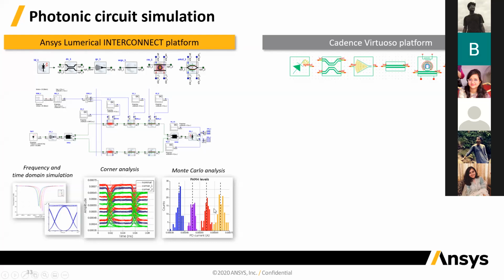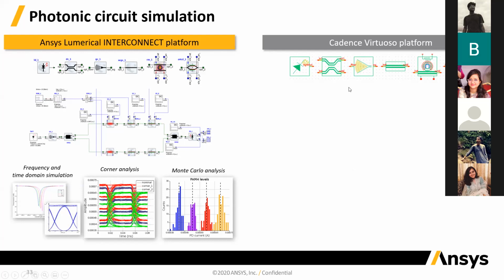You can also do corner analysis, where the foundry will tell you that if you fabricate these devices with them, these are the extreme cases that can happen. Instead of running hundreds of simulations, you can run simulations for a few corners and see the worst case performance of your circuit. As long as your circuit works for those worst cases, then you know that it'll work when you fabricate it. So these are some of the tools that you can use when you're doing circuit simulations.